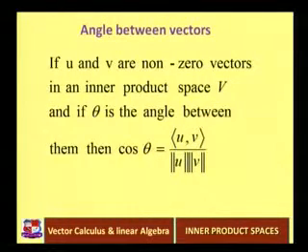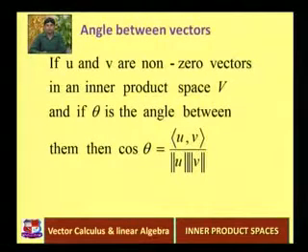Students have to note that here the inner product u comma v may be the Euclidean inner product or a special inner product. In the Euclidean inner product, we deal with only the dot product of u and v, and in the special inner product u comma v, we define a function and deal with that function to find the inner product u comma v.